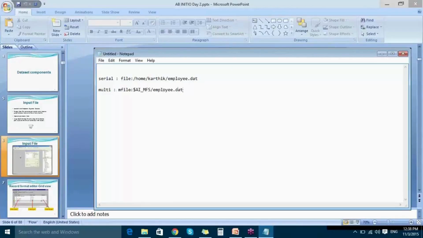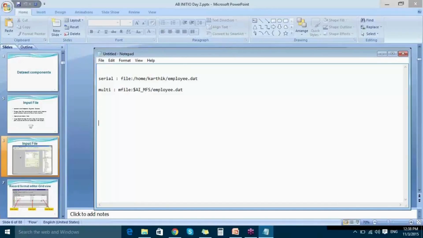So here is how you specify the file names. And regarding the DML, you have to go to the ports tab and then click on embed. That's the option we are going to use to read this employee file. And we have already discussed the